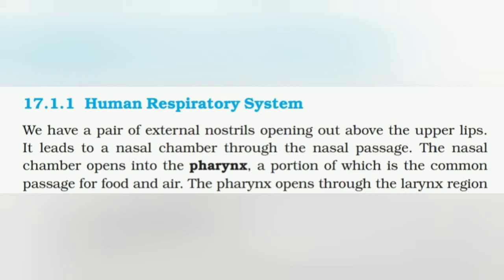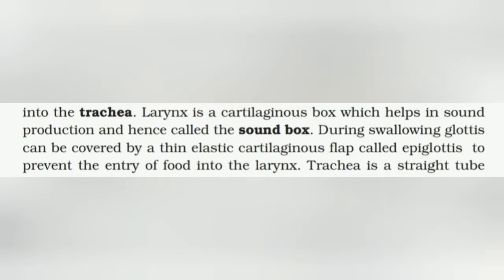The pharynx opens through the larynx region into the trachea. Larynx is a cartilaginous box which helps in sound production and hence is called the sound box. During swallowing, the glottis can be covered by a thin elastic cartilaginous flap called epiglottis to prevent the entry of food into the larynx. Trachea is a straight tube